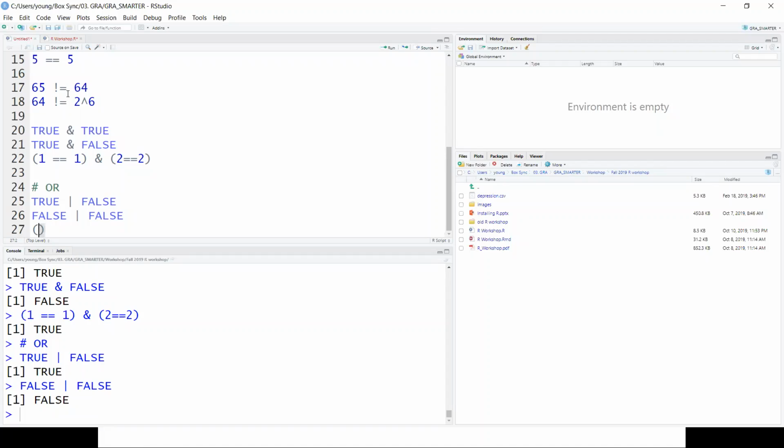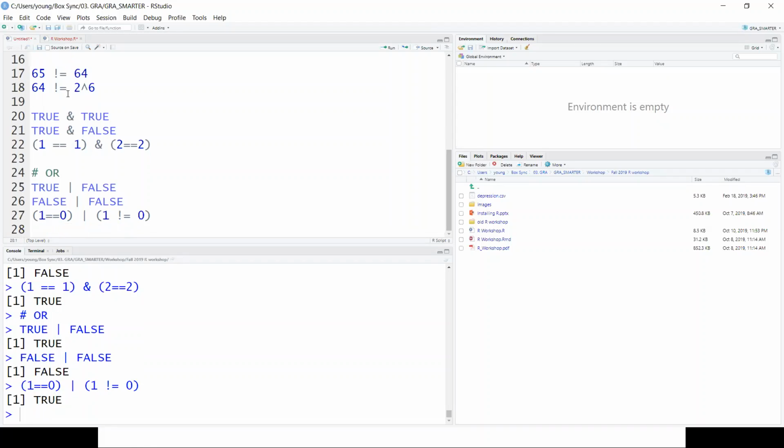For example, for application, 1 double equal sign 1 equals 0 is false. And 1 not equal to 0 would be true.